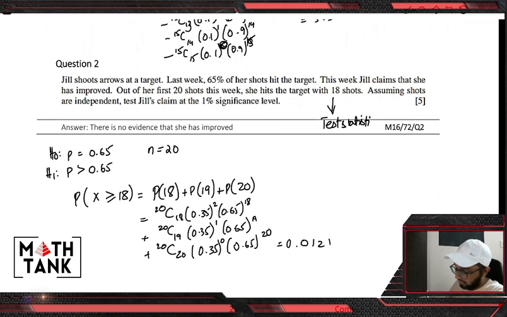I'm getting 0.0121. That's 1.21%. Now, before you conclude, you need to figure out how to reach that conclusion, right? In the case of a binomial distribution, what you would do is compare it to the significance level. So I'm going to compare 1.21% to 1%. It's greater than the significance level,